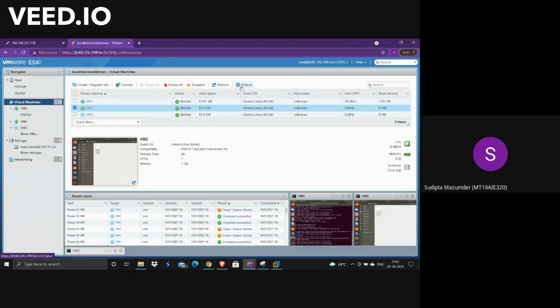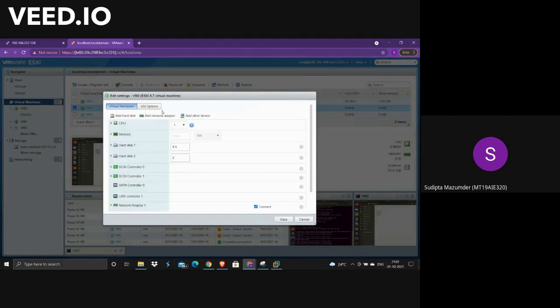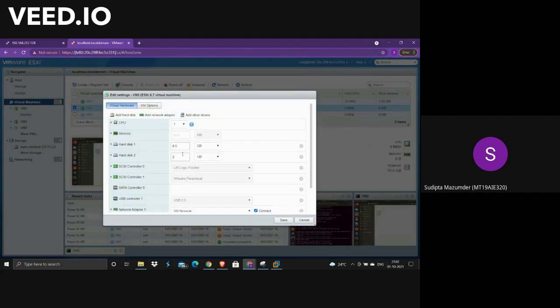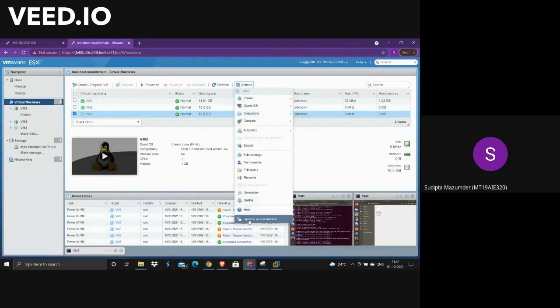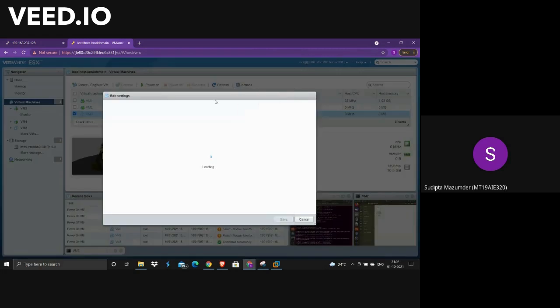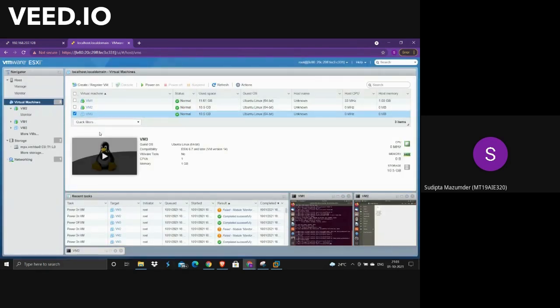If we look at VM2 now, we can see here hard disk 2 also 2 GB and the disk file is data store 2, the same one that is there in VM1. And if we go to VM3, we can see in the settings again hard disk 2 is 2 GB and the disk file is data store 2, the same one. So across all three virtual machines, we have the same shared storage space of 2 GB.